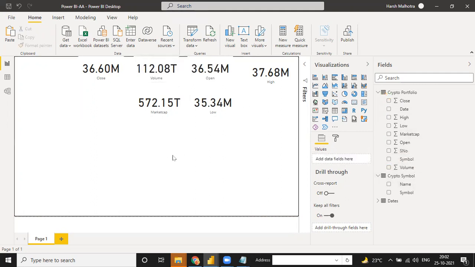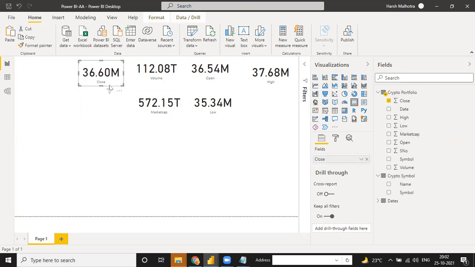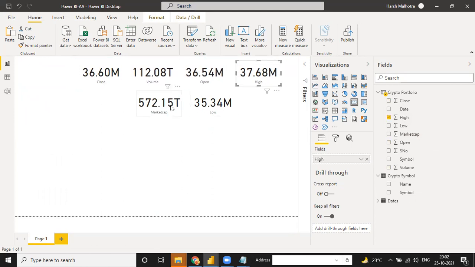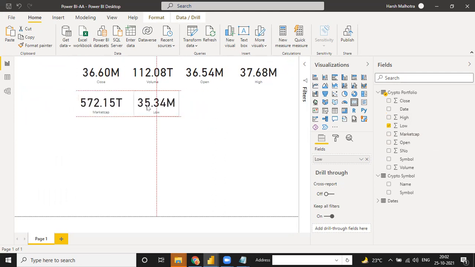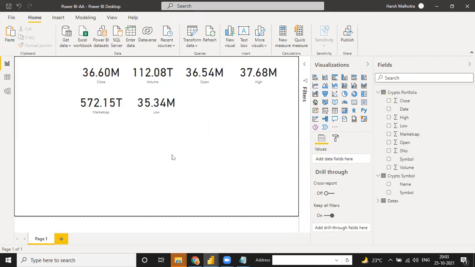Okay, so these five are the implicit measures. Why is this implicit? Because guys, this total is done automatically by Power BI. We have not done anything into this. We have just imported my data into Power BI, and see, this summation sign gave you the total of this much. Total of all these values, and this will be known as an implicit measure because it will be changing as per our mouse click.